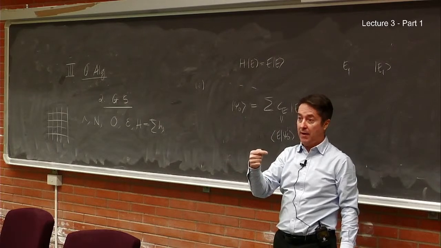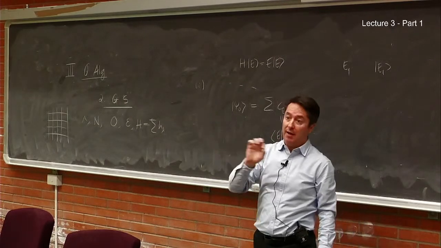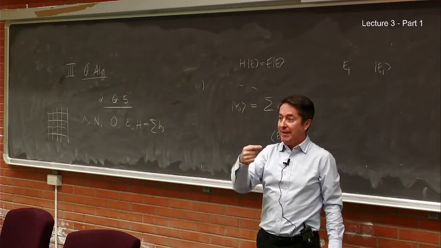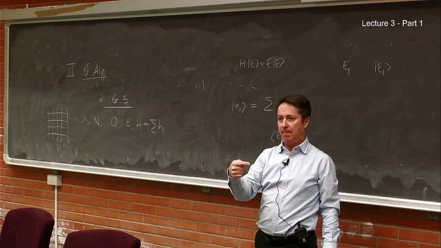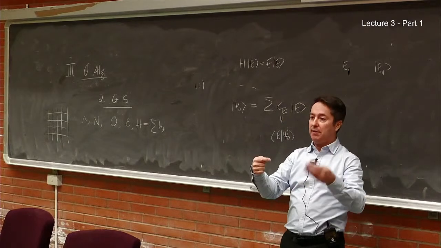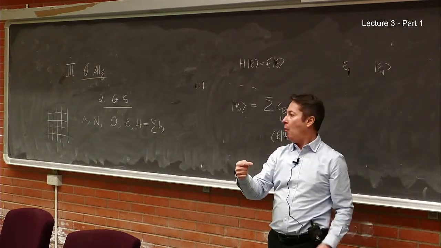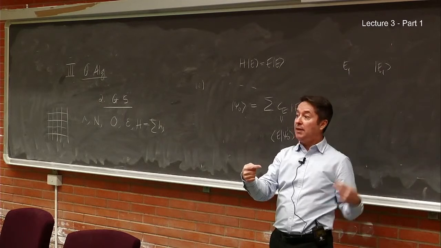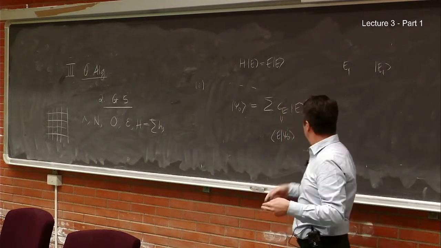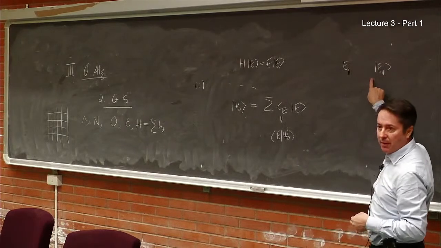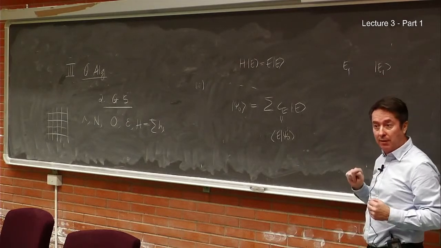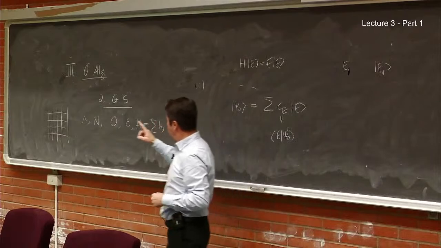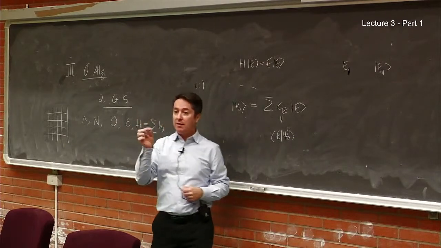If I repeat it many times, I can have a probability as large as I want that I will have the energy of the ground state. However, of course, since I have repeated, the state is gone because I didn't keep it. But I can repeat it, and once I know what the ground state energy is, I can repeat until I get it again, and when I get it again, I will have the ground state. And once I have the ground state, I can measure the observable once.